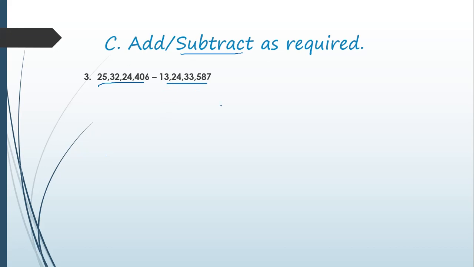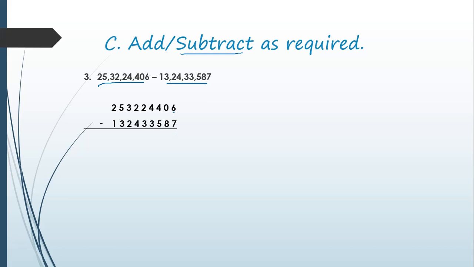First thing, we need to arrange these two numbers column wise. The number which comes before the minus sign should always be on the top. So I will write it here. I wrote the same number as it is, leaving a little space between the digits. I will take the second number and arrange it according to the place names of each digit.